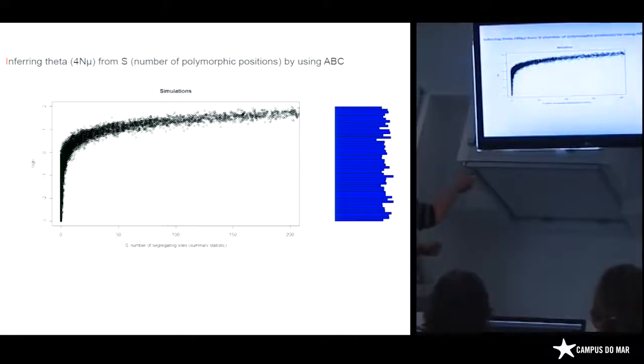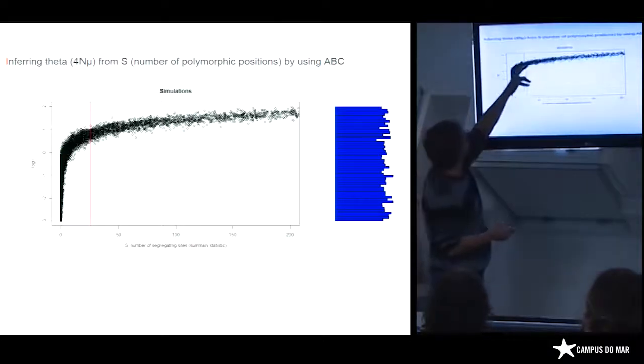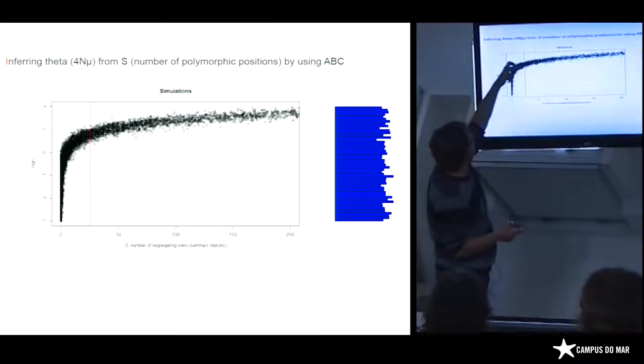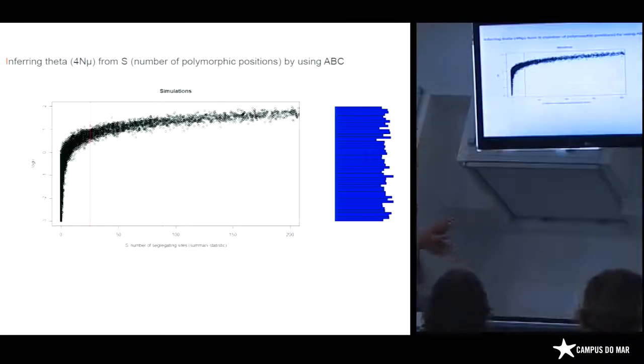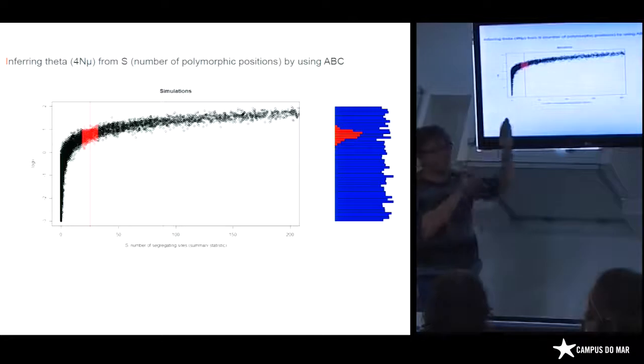Then you have your observed summary statistic. In this case, it's 25 segregating sites in the data. So you see that theta should be somewhere around here. You have a threshold. This is an arbitrary point of ABC. But trust the statisticians, this arbitrary threshold is not very important.